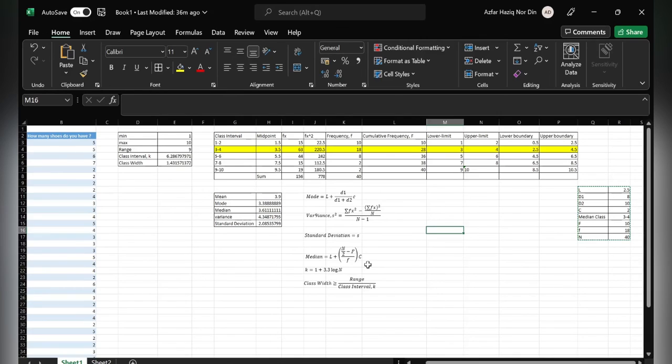And the last one is the standard deviation. The standard deviation is calculated as the square root of variance by determining each data point's deviation relative to the mean. So we just square root the variance and we're going to get the standard deviation. So the standard deviation is 2.0853579. And I think that's all for the